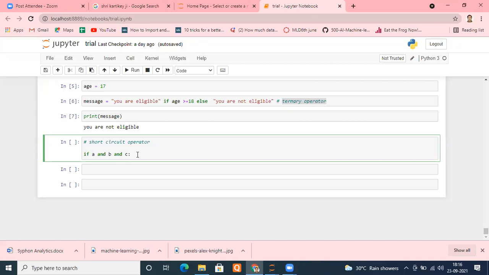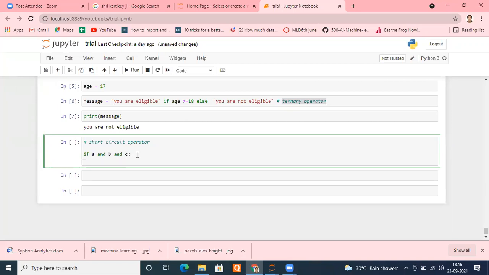And similarly, if we take the operation A or B or C, what will it do, tell me? How will it evaluate? It will first check which variable? A. Right?